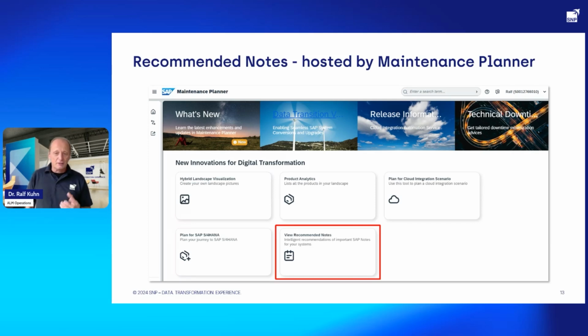And this Maintenance Planner provides an alternative to the system recommendations in SAP Solution Manager for discovering and managing required notes in your SAP system. You can find the respective app functionality in the area of SAP Maintenance Planner in the cloud, in the SAP portal, indicated here by the red frame